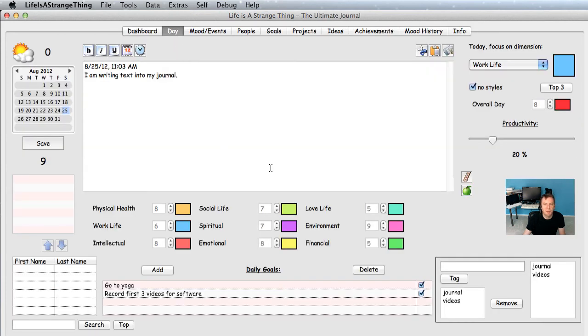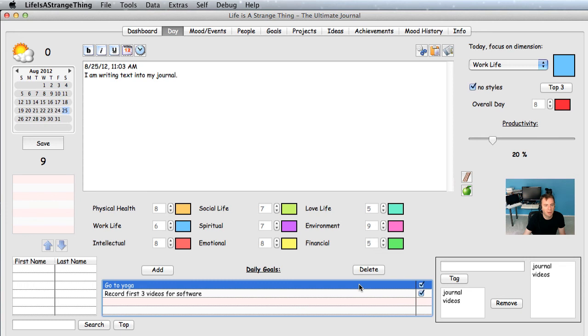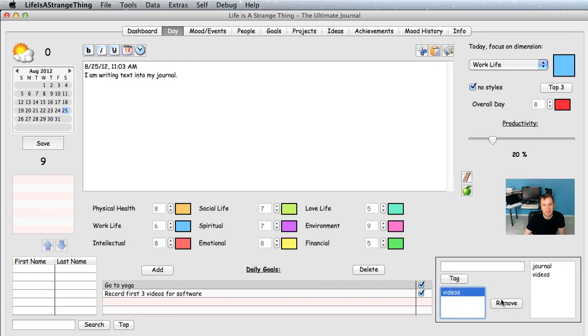And so we dealt with days before. Let me actually show you something else in days that we couldn't quite finish on the last lecture. So we were talking about daily goals, right? Obviously, as I'm completing those, I can check those off. And what the software then does is, after you've done this for quite a while, you can look at statistics, right? How many tasks I complete per day and stuff like that. The last thing before we want to go into tracking people, I want to show you is tags,